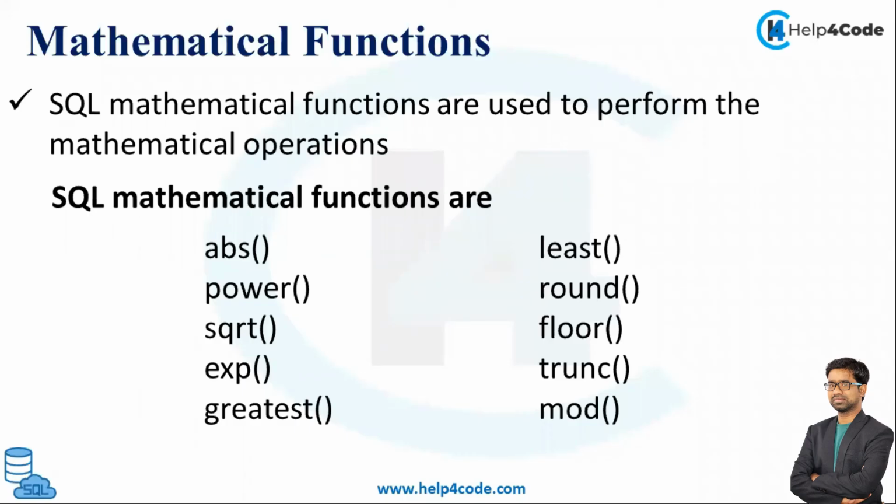So what is the next function, guys? The next function we have is the mod function. What is meant by the mod function? In the mod function we have to pass 2 values, x and y. The variable x is divided by y and the remainder will be returned. So we have to pass 2 values, x and y.